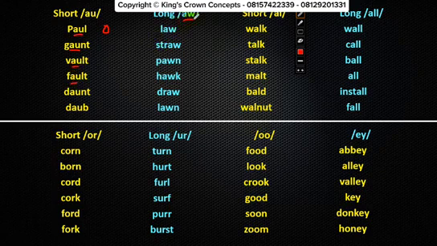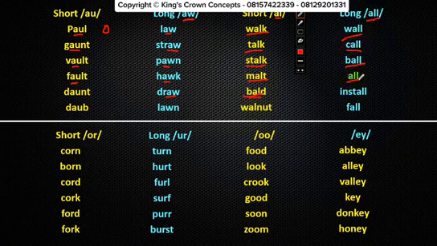Then this is long LAW, law, straw, pawn, hawk, draw. Then you have short O, AL, on walk, talk, stalk, mock, bolt. Sorry, board. Then we have long O, wall,